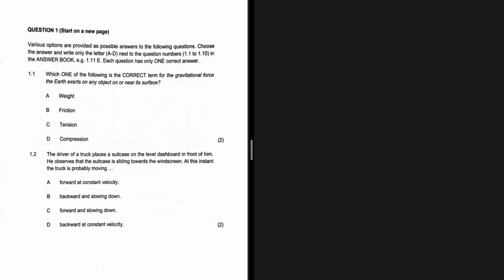Which one of the following is the correct term for the gravitational force the Earth exerts on any object on or near its surface? This very same question was there in the June examination, and the answer is A. Weight. Weight is the gravitational force that the Earth exerts on any object on or near its surface. It's just one of those definitions that we overlook, but look at 1.1. You needed to know what weight is. Let's go ahead and do